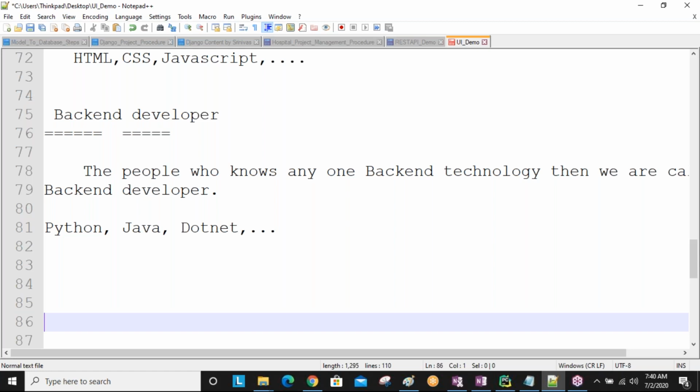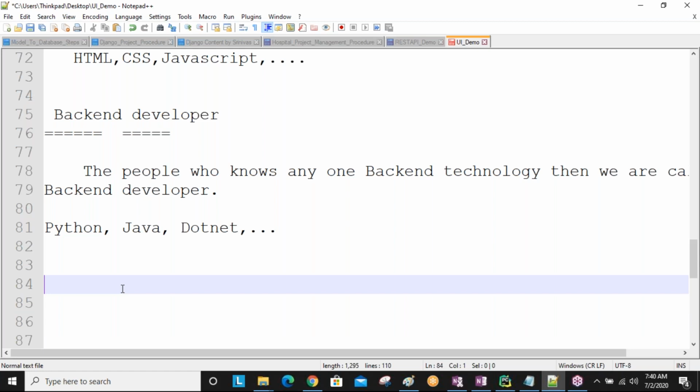So the role is receiving user data from the presentation side and sending it to the database, or else processing that data, whatever the user wants to do. These are all the back-end developer's roles.